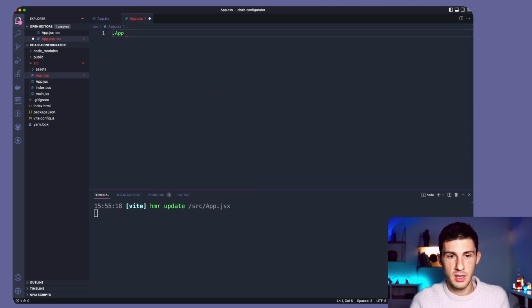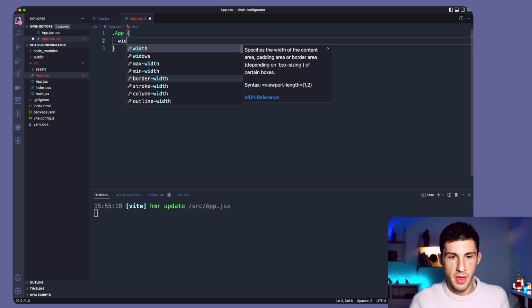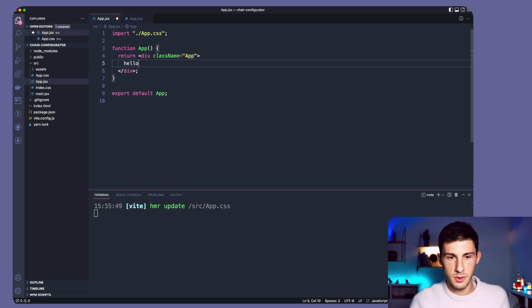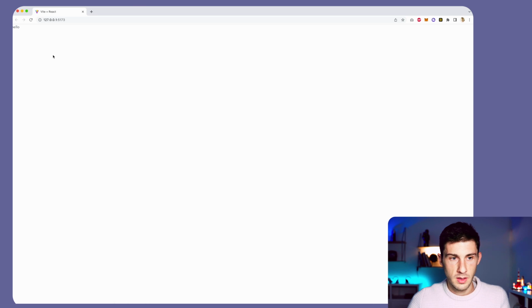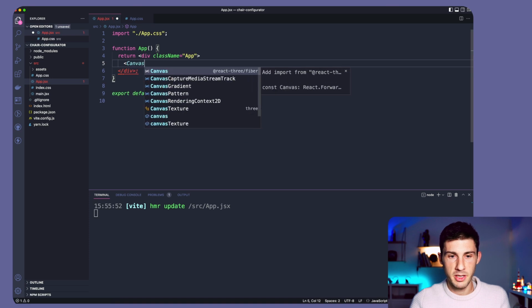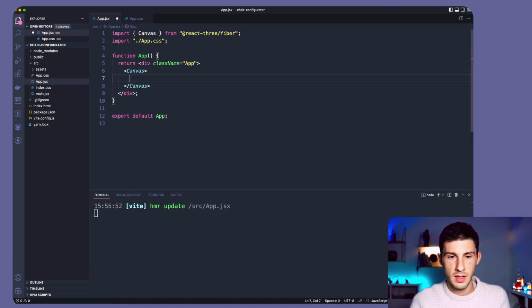Now let's prepare our app with 100 viewport width and the same for the height. Okay. Now we have an empty space. Let's see how to add Three.js to our scene. Let's add a Canvas from React Three Fiber, and inside we will create our basic component, which we will name